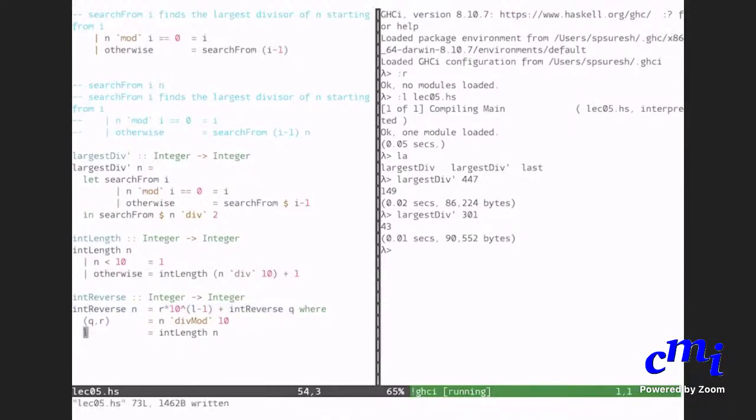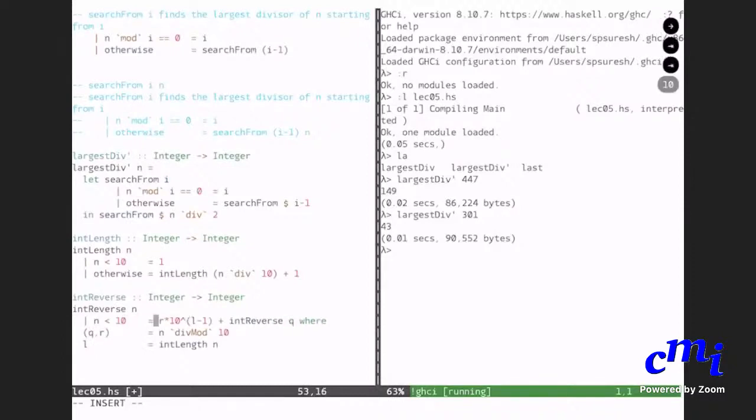That is very good. What you asked is very good. Well spotted. Yes, there is no base case. So I have to say that just for a single digit, it remains the same. Just for a single digit, you have to return the same thing itself. You will say that if n is less than 10, it equals n, otherwise